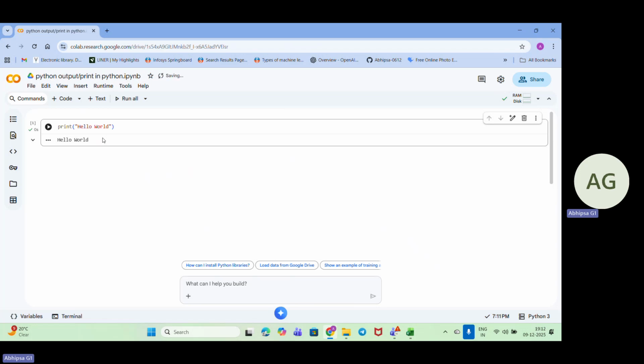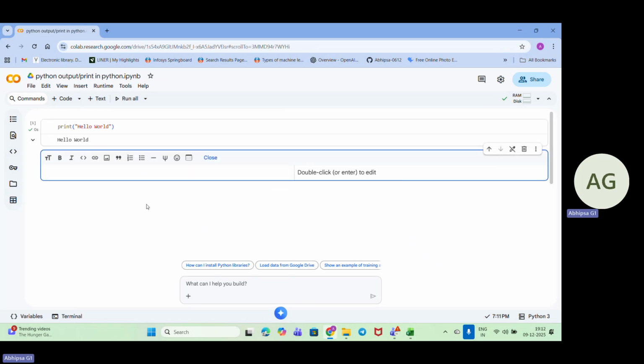Now, why do we actually use the print statement? If I have something to show, like any text, any number, any answer of a calculation, any result of the program, or any specific message to the user. Basically, anytime we want Python to print anything based on my print instruction, that is done by Python using the print statement. Okay, now let's see how we can print text.